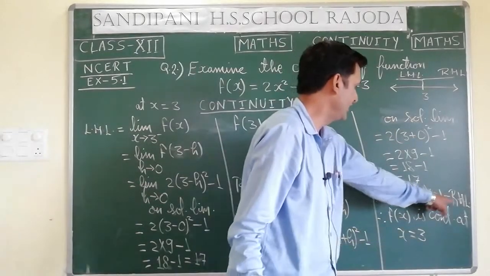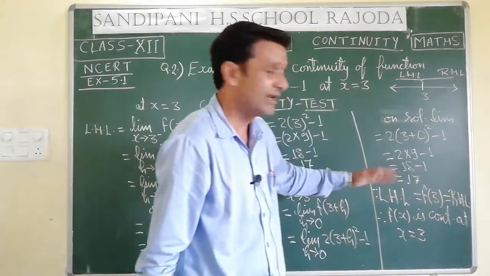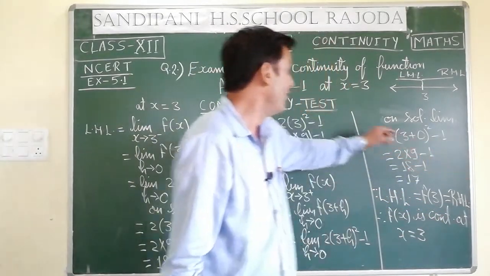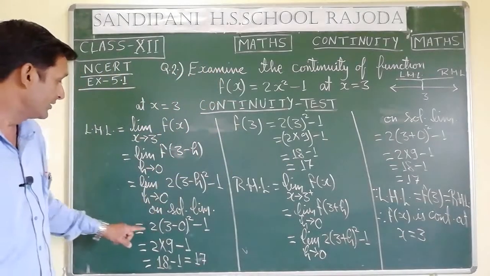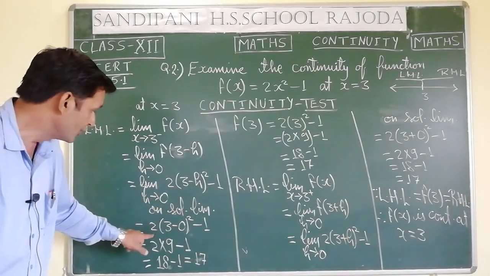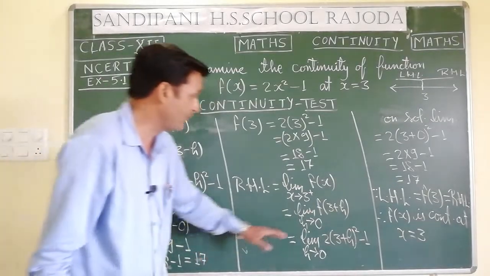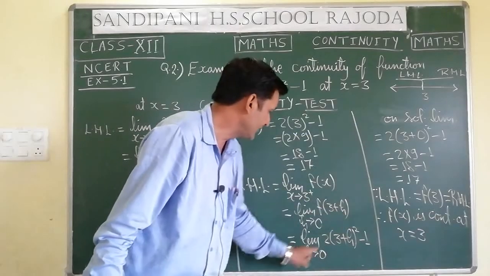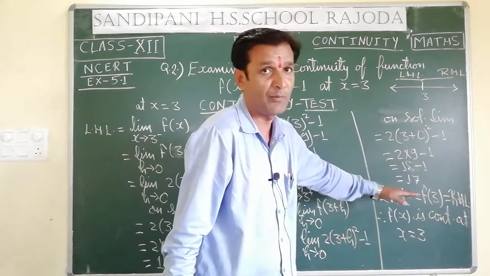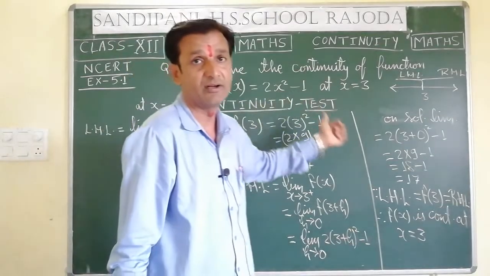If any one is not equal in this part, then either this side or that side, it will be a discontinuous function. But here it is continuous because left hand limit is equal to f of 3 is equal to right hand limit. One more thing I want to tell you again: at the time of solving the limit, if you are putting the value of h, you should remember that you should not write limit h tends to 0 here. This you have to remember here also and here also. On solving the limit, this limit part you should not write. This is the memorable point, and in this way we can find the continuity of this particular function.